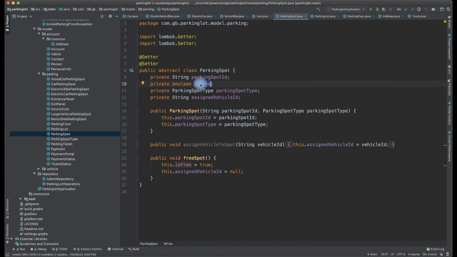The parking spots will be of different types because a particular vehicle should be parked on a matching parking spot, so the parking spot should also have a parking spot type. I am not going to use the same vehicle type here. There will be something called parking spot type. There should be a mapping between your vehicle type and the parking spot type enum. That is what we will look into later, but that requires a transformation between these two.